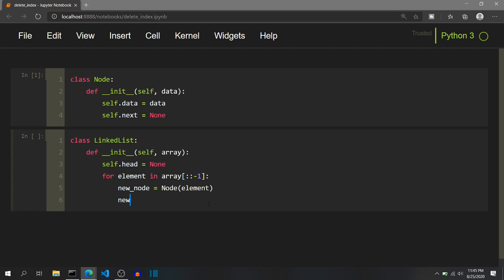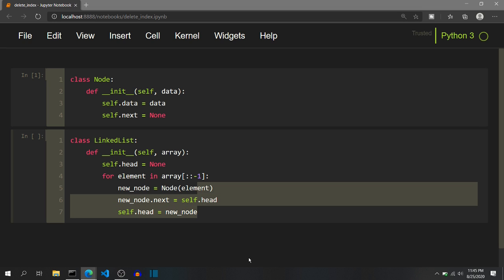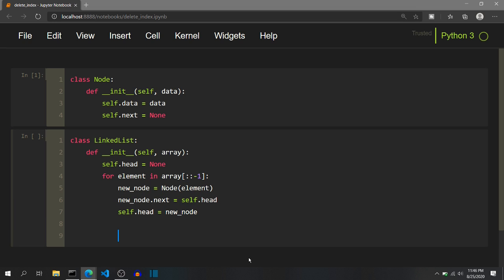And then we will set new node.next is self.head, the current self.head, and after this we will set self.head to the new node. And these three lines are the code to insert nodes at the beginning of the linked list. I have made a detailed video with all the visualization and boundary cases, so you can definitely check out that video if you are not sure how this code works. So by this, the constructor is done.